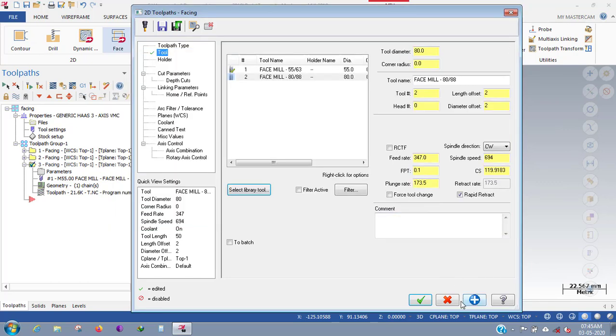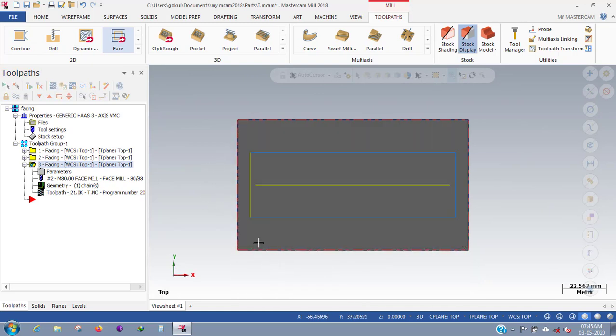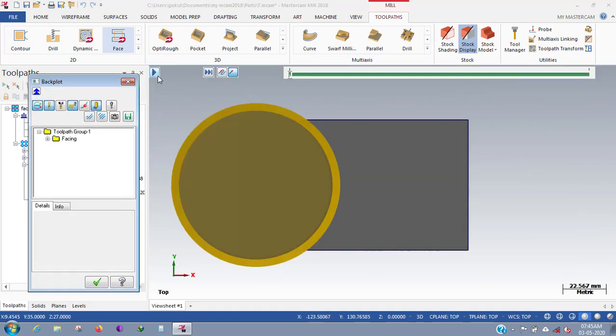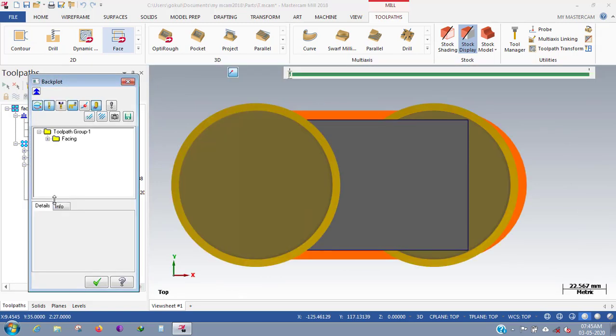Okay, and see, because the width of this block is 55 mm, the cutter to be extended from that requirement, so it is 70 mm, so I'm just going with the 80 mm face mill cutter. So it will be only one single line of toolpath, and if you see, it will cover most of it, see, that's it. Okay, the cycle time will be 1 minute and 36 seconds.